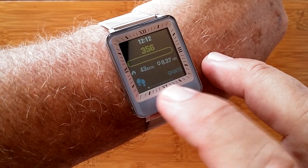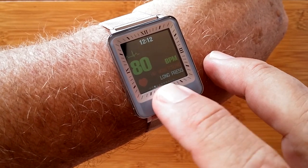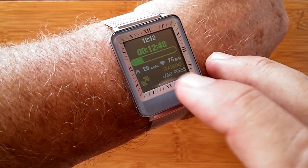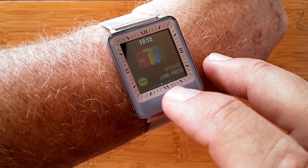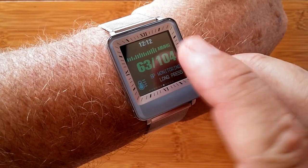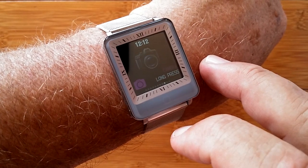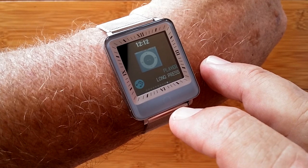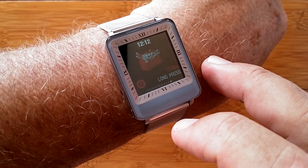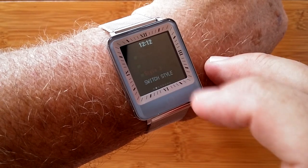all kinds of things like step count information, last night's sleep report, a heart rate monitor, fitness workout information, all your text messages and whatnot pushed from your phone. You've got blood pressure readings, you have blood oxygen capability, a selfie kind of a camera interface with your phone, also a music player to play music on your phone, toolkit that lets you switch between a few different styles